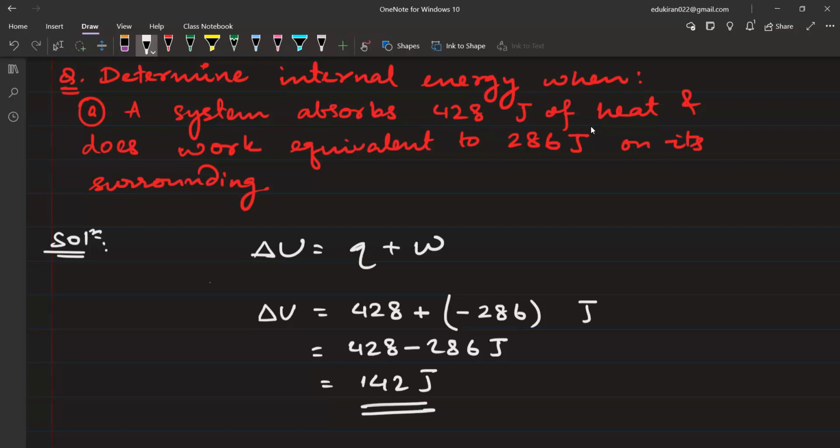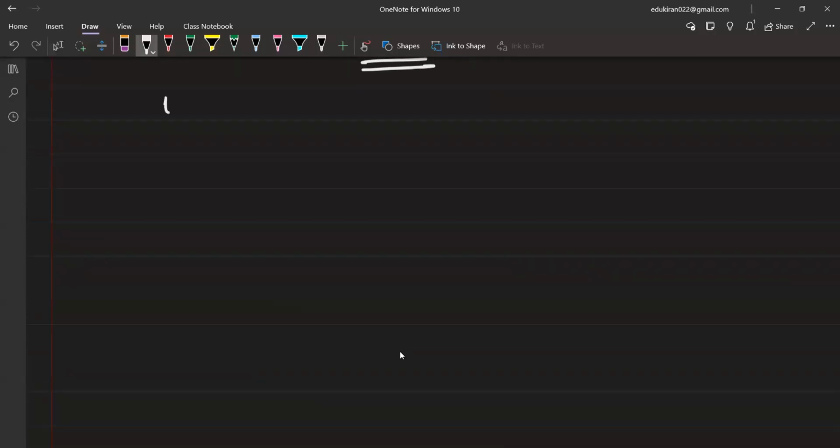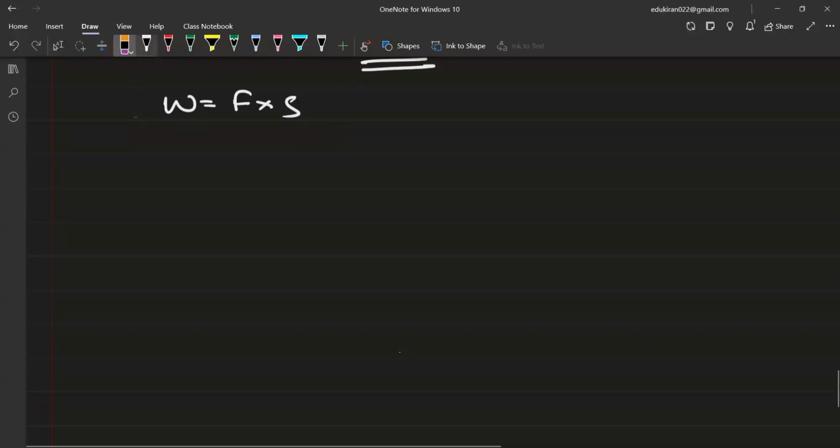ठीक है ना? तो खुद से थोड़ा ट्राई करें समझने की। चलिए, अच्छा इसके बाद एक बहुत छोटा सा टॉपिक करा रहे हैं आप लोग को, उसके बाद इस क्लास को एंड करते हैं। देखिए ध्यान से, we have all learnt about the work which is known as force into displacement. We have learnt about this work. सही है guys? In our 9th standard, force into displacement, and if you studied this in your 11th standard, it will be FD cos theta. इस तरह से कुछ होता है ना, FD cos theta पढ़ा है आप लोगों ने अभी, है ना?